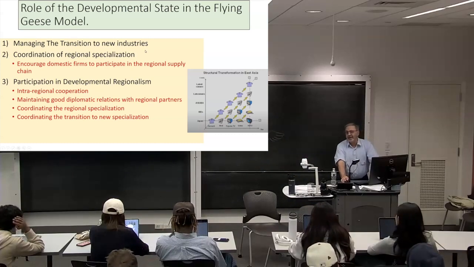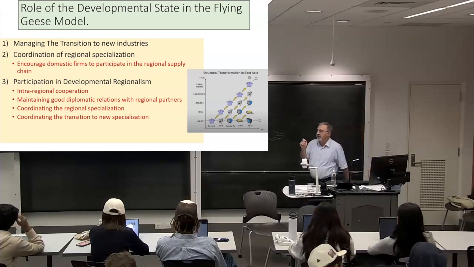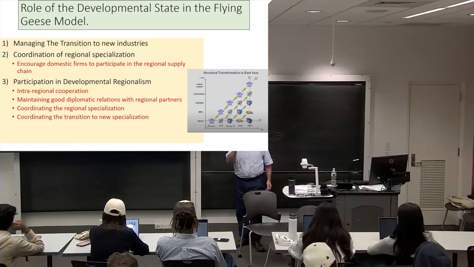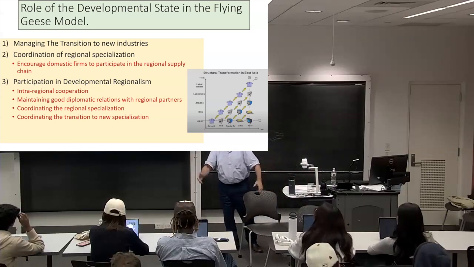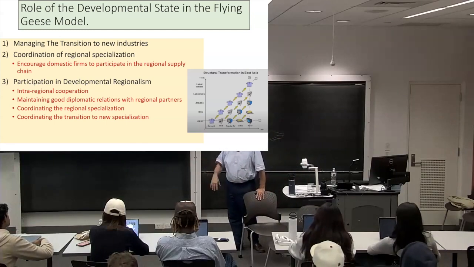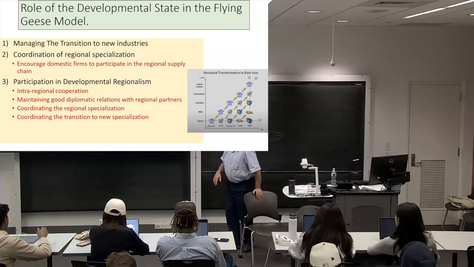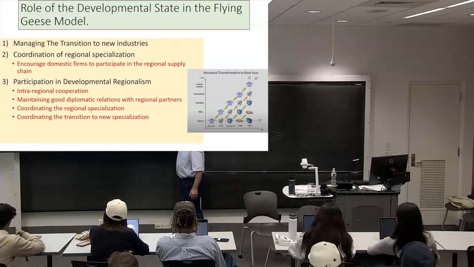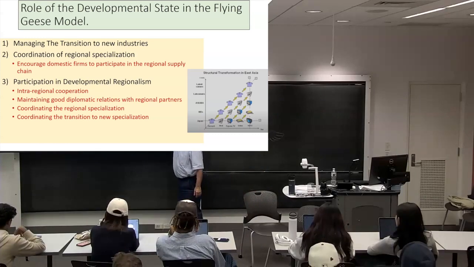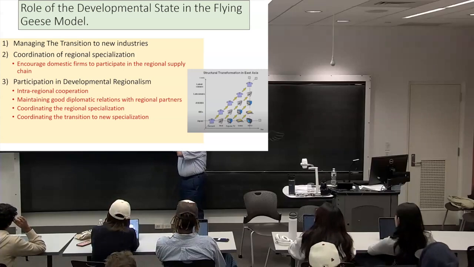The second thing, especially in the case of Asia, we have seen this, is that the government of the developmental state must negotiate with the governments of other neighbors who are part of this process. They must negotiate, for example, to receive investment. As one country decides that they want to go into steel industry, they need the support of the country that is currently active in steel, but is moving out of that.